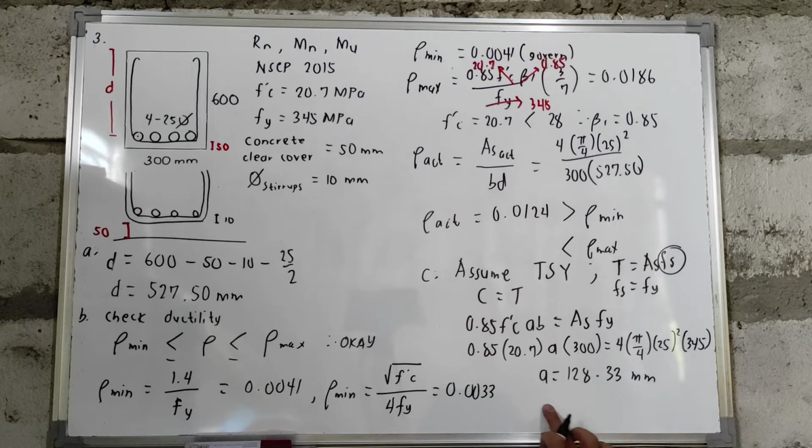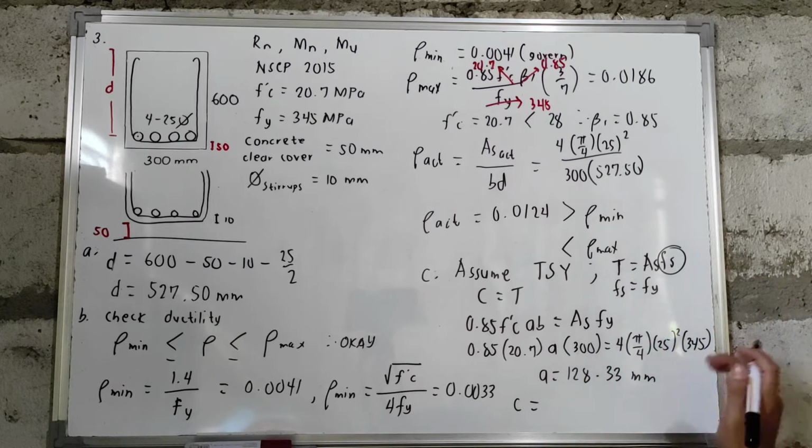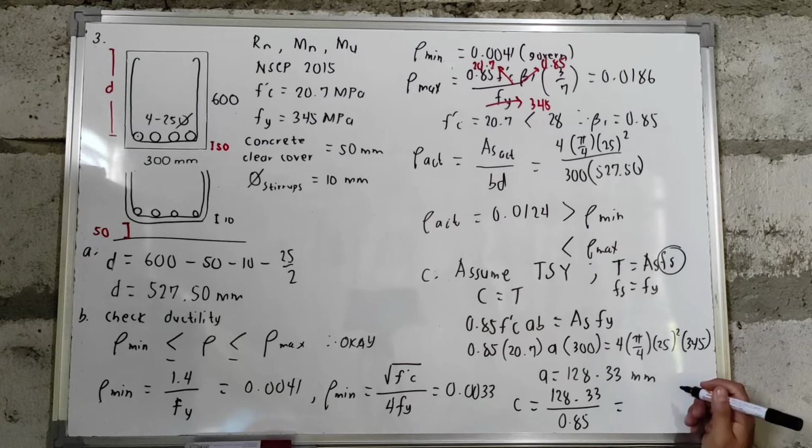mm. So since we have the value of your a, makukuha na ngayon natin yung value ng c natin. So yung c natin o yung distance from the neutral axis to the extreme fiber in compression natin, that is only equal to a. I-divide lang natin siya to the value of your beta. Yung beta natin, nakuha na natin siya kanina, which is equal to 0.85. So the value of your c is now equal to 150.98